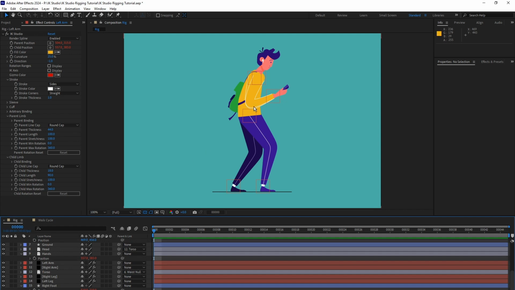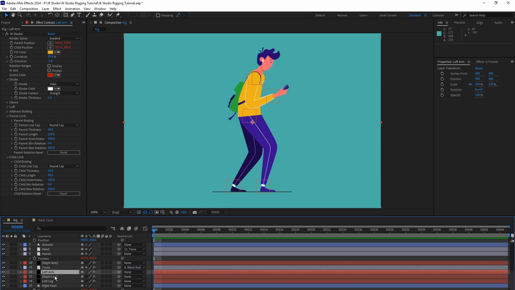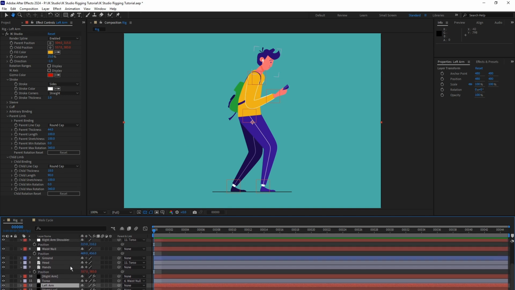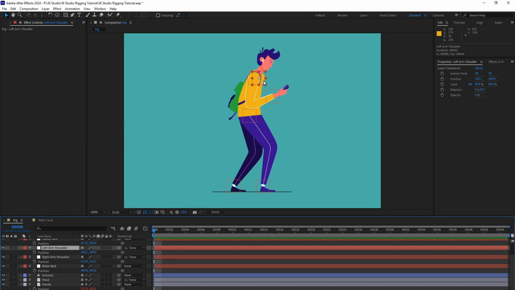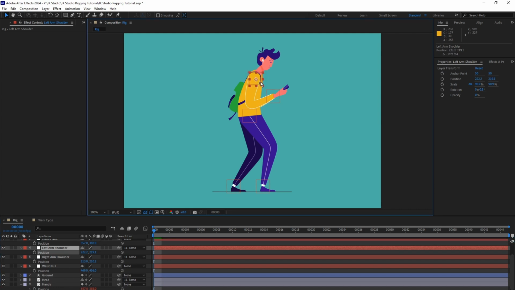Now, obviously we've got our left hand on top of our right, and that's incorrect. So that just requires us to grab the left hand and shuffle it so that it's behind the torso. And that's looking better. We can see the shoulders peeking out through here, which we don't want. So I'm going to grab left arm shoulder null, and I'm going to tuck it back there. So that's looking better. Now we can see just a hint of our left arm at the back here, but